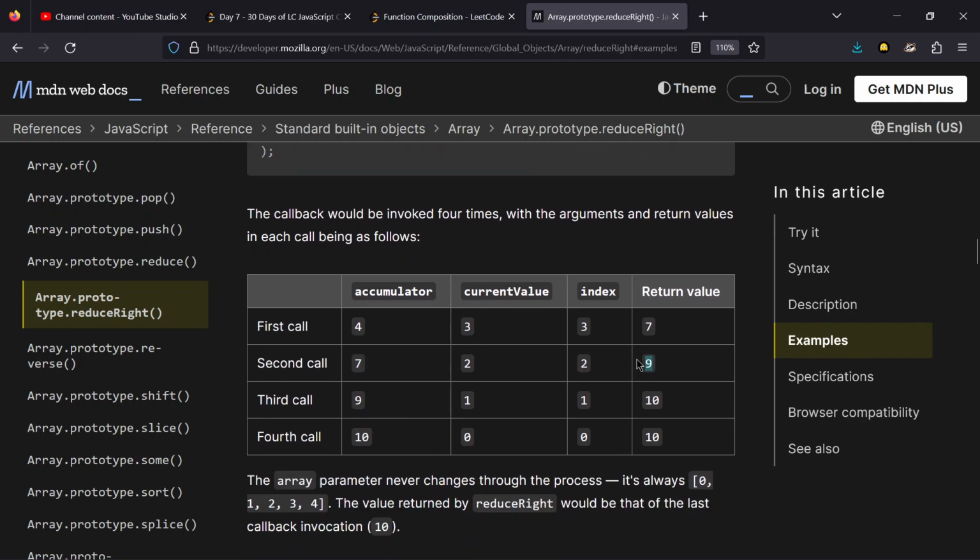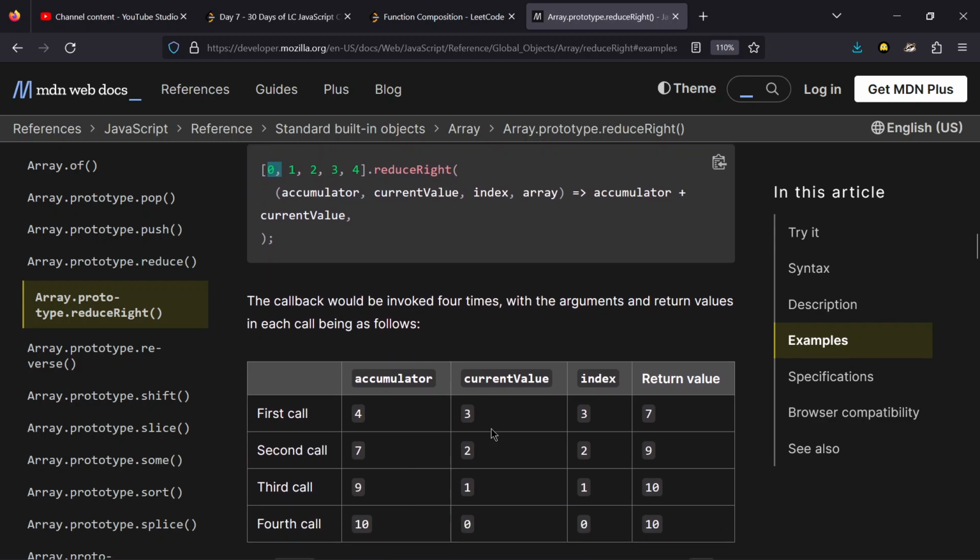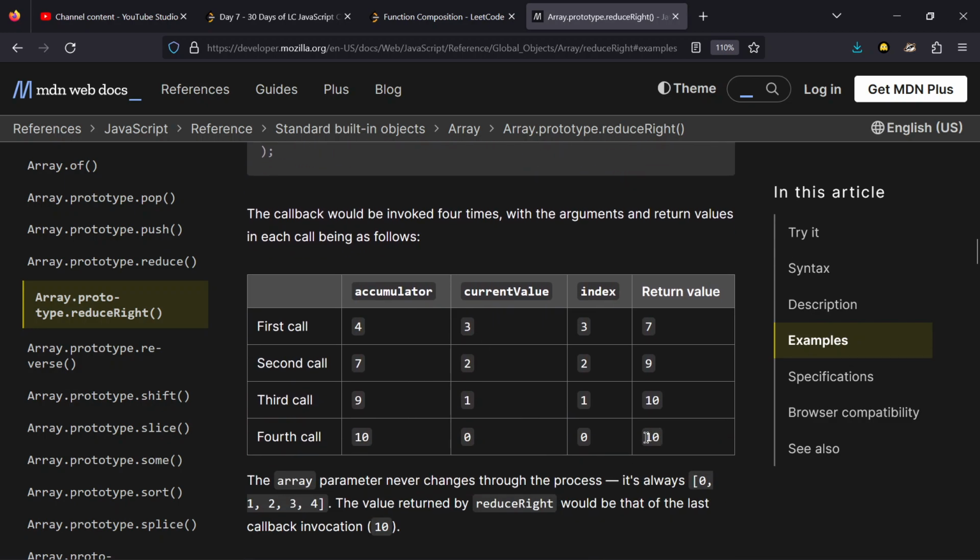And for the third call, the return value is 9, so accumulator will be 9 and current value is 1, so return statement will be sum of these two, which is 10. And for the fourth call, the previous value is 10 and current value is 0, so it will return 10. This is how it works when initial value is not passed.